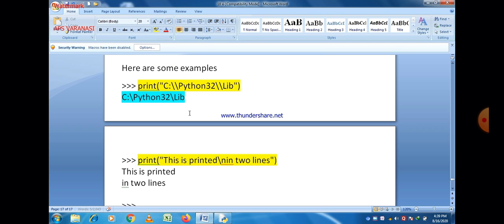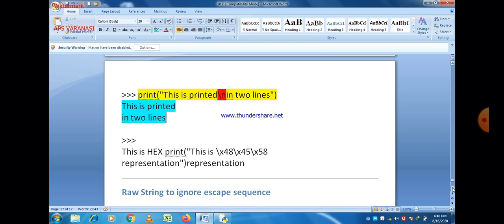And if you write slash n in between the string, that gives you a line break. Now you can easily see this is printed, after that slash n is there, and the next statement is shown in the next line. So there are 2 lines here, and these 2 lines are because we use slash n here.